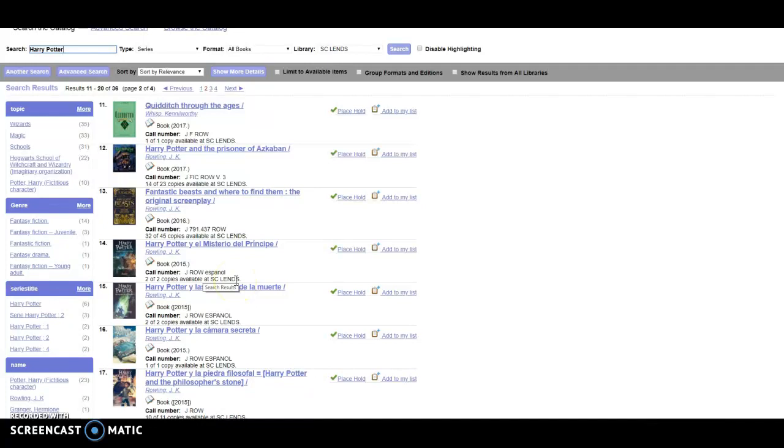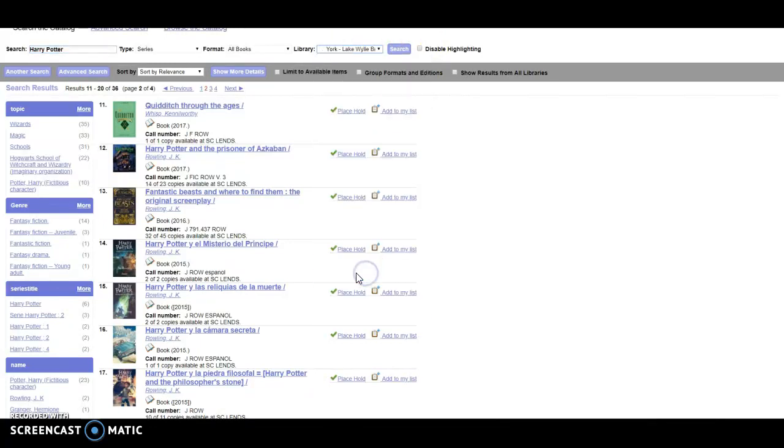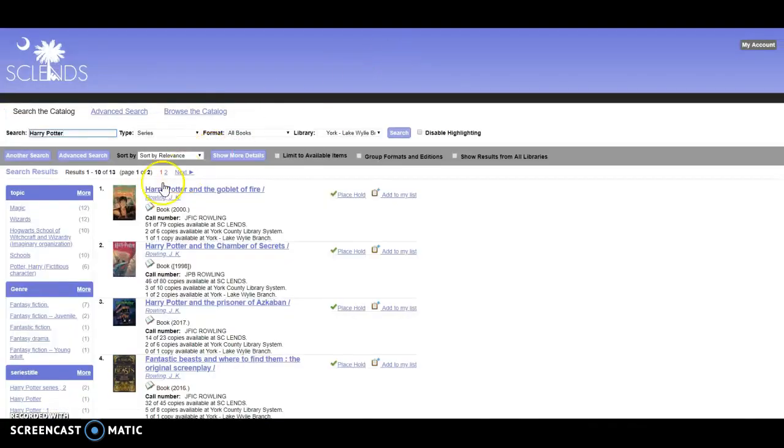So I'm going to go up and change my library at the top to show me what's available in my local branch, which is Lake Wylie. I'm going to hit search again and then see what happens. Okay, so now I get 13 search results for Harry Potter books that can be found at the Lake Wylie